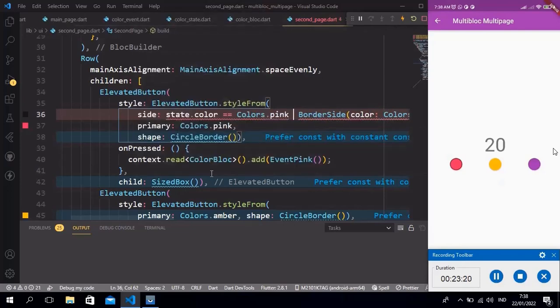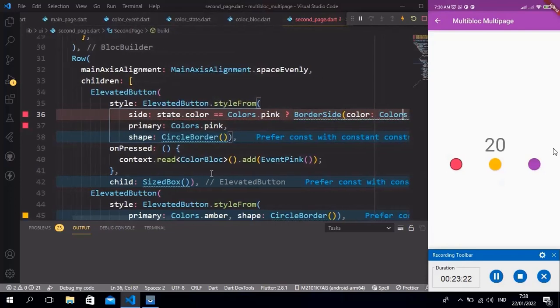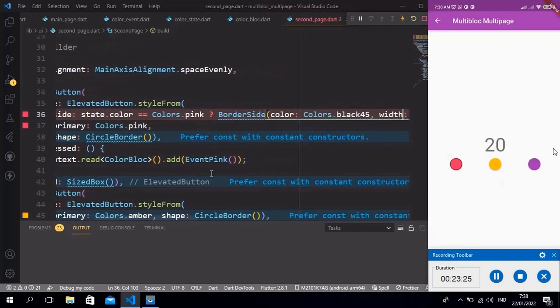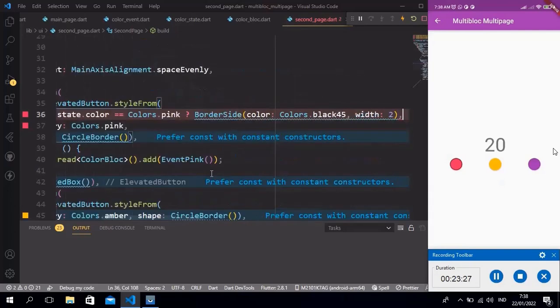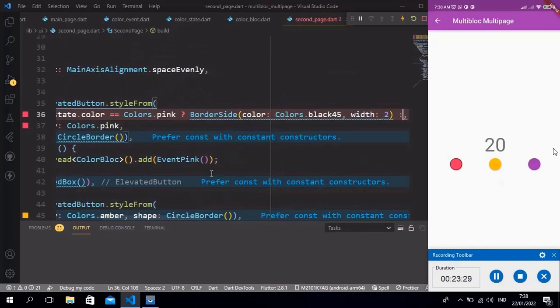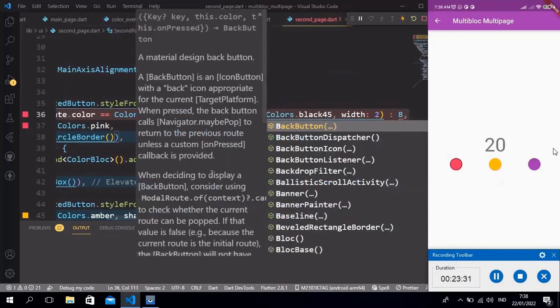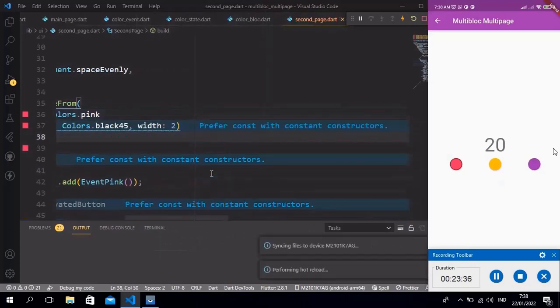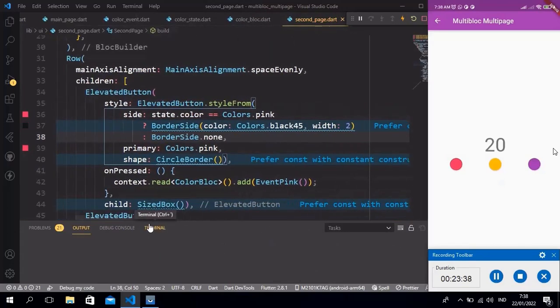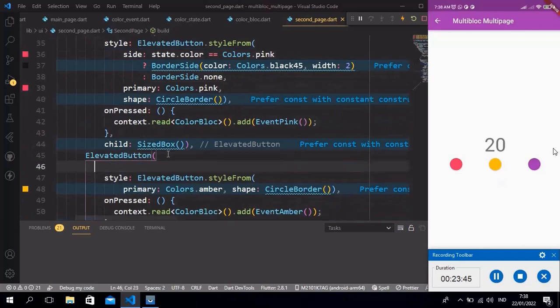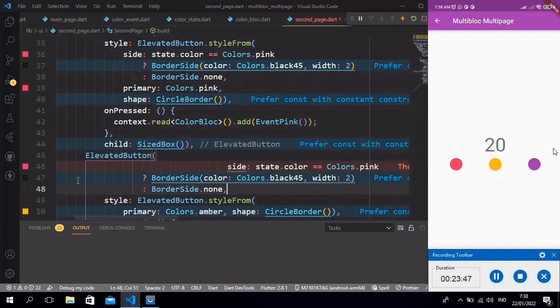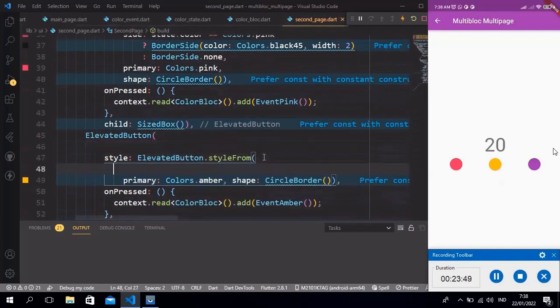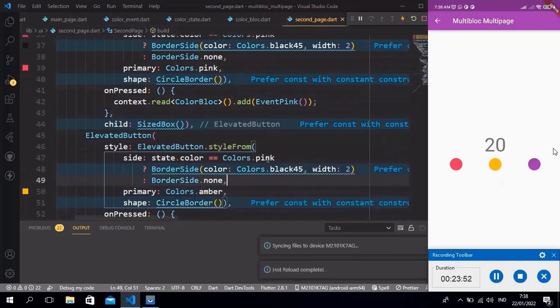If the state of the border, if we press the pink button, then the border should appear. If we press or trigger the amber event, that amber button should have a border side. In every button we set the border.